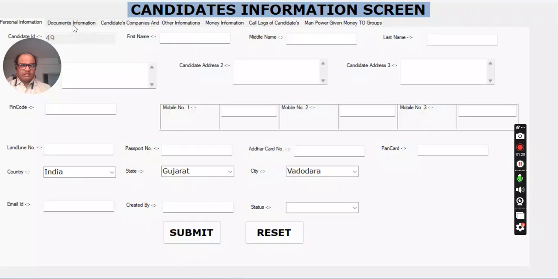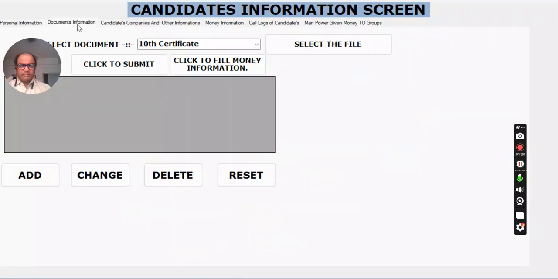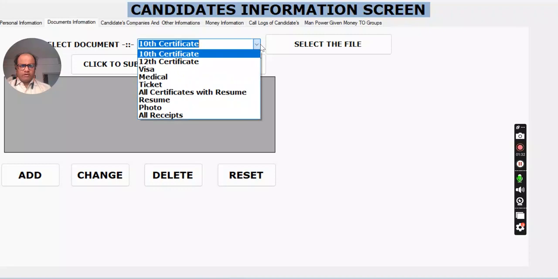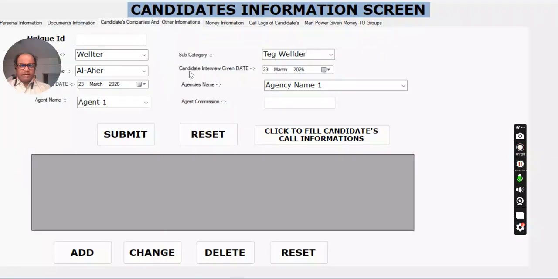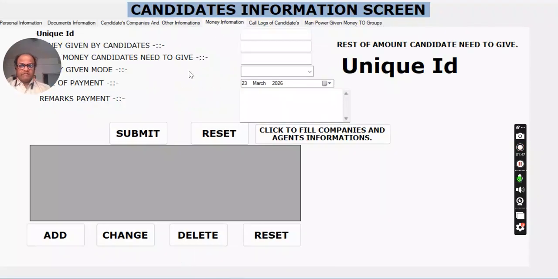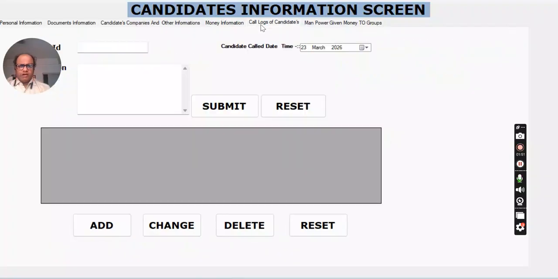In this, documentation information is there, all the documentation which candidates are going to upload. Candidate's company information, that is, the agencies who are recruiting the candidate, the money information which the candidate is going to give, and the log information, how many times the candidate is